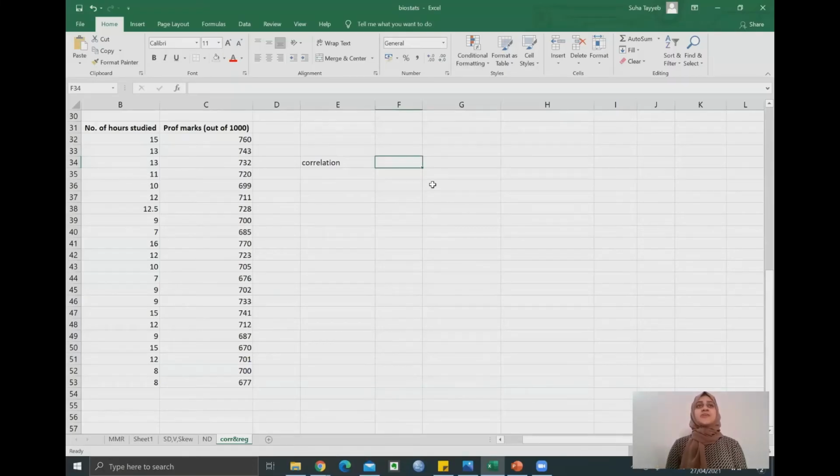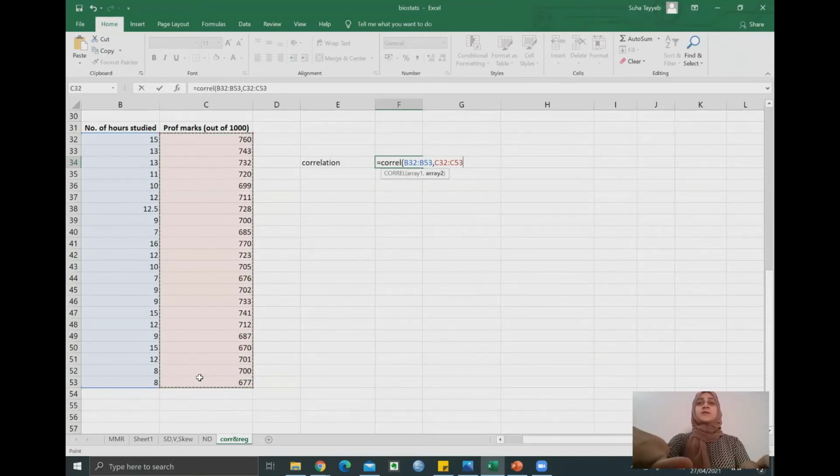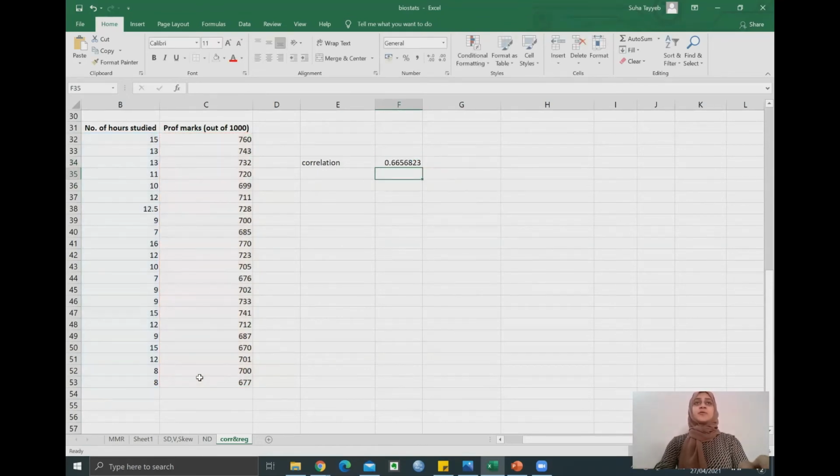Okay, so here is an Excel sheet with my sample data, and we will be calculating our correlation and regression here. To calculate correlation, it's really simple. You're going to type in equal to CORREL in parentheses. You're going to enter your data range, and it says array 1, comma, array 2. So my array 1 could be this, comma, and my array 2 could be this. And it doesn't matter which is 1 or which is 2, because we know that correlation values X and Y can be interchanged. So press enter, and that is my correlation value.